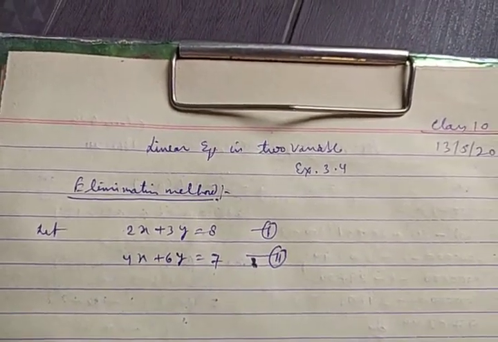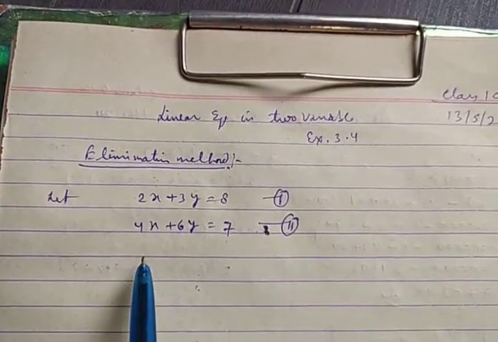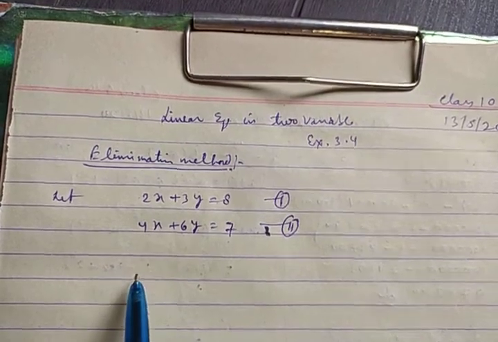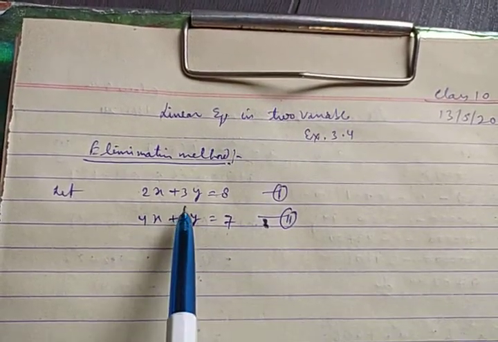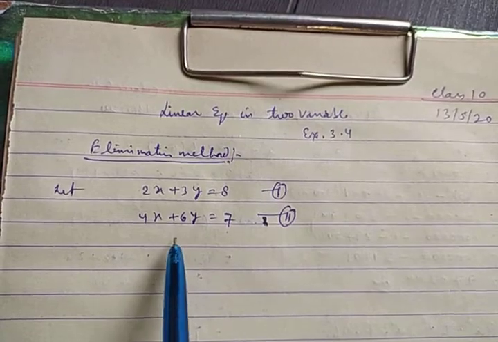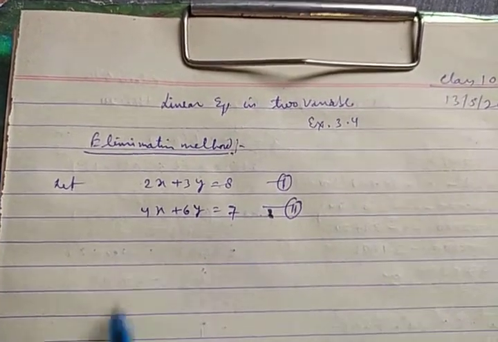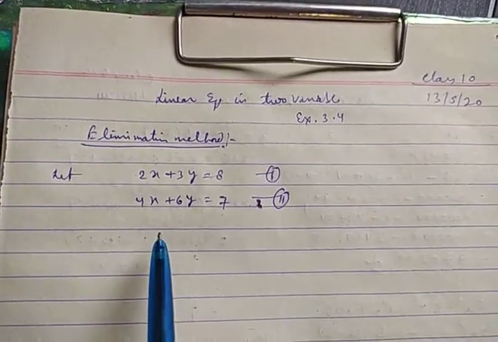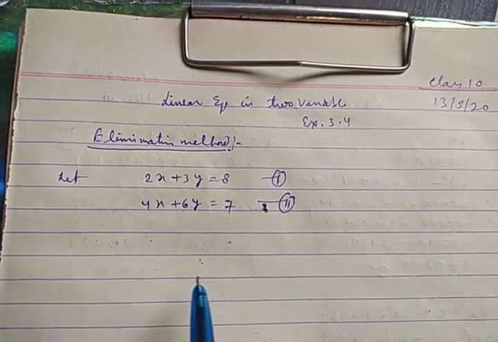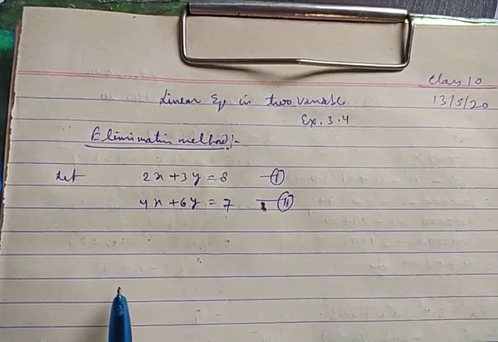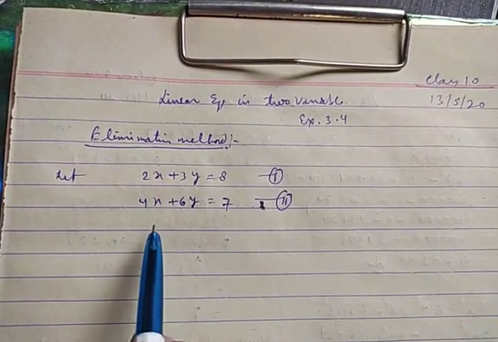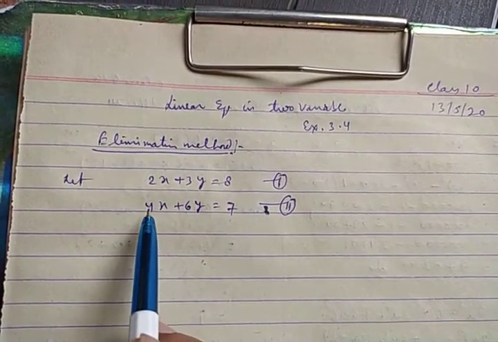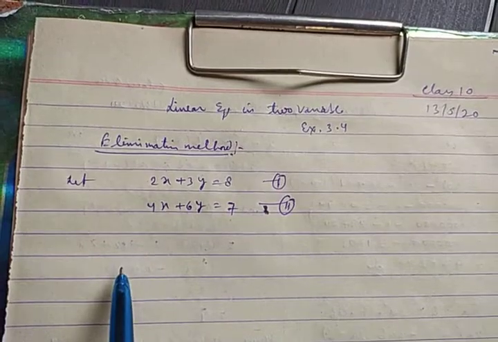Now in this method, something different is to be done. You will perform an addition or subtraction process on these two given equations, such that one of the variables will be cancelled automatically. You will have to observe whether it happens on subtraction or on addition. And before the addition or subtraction, it is your duty to check whether the coefficients of the term to be cancelled are equal or not.